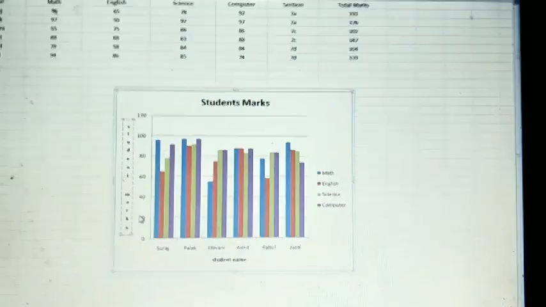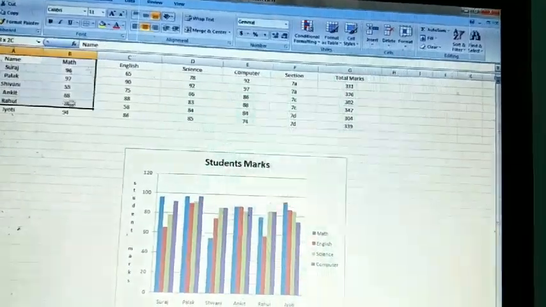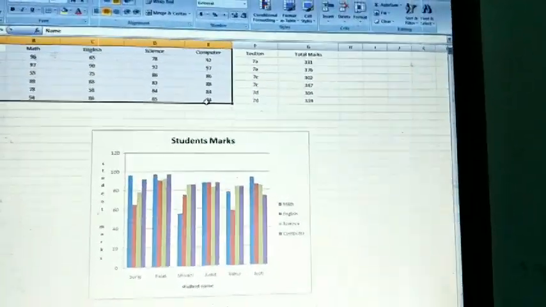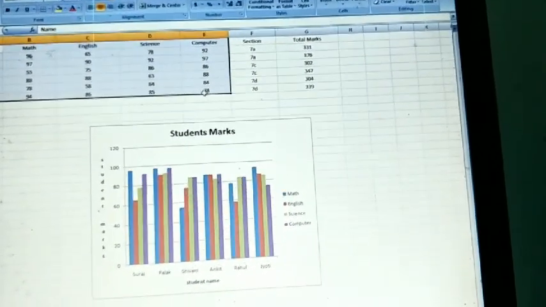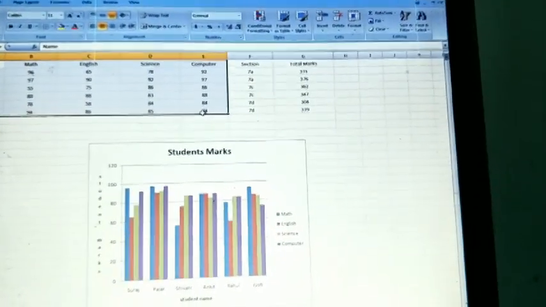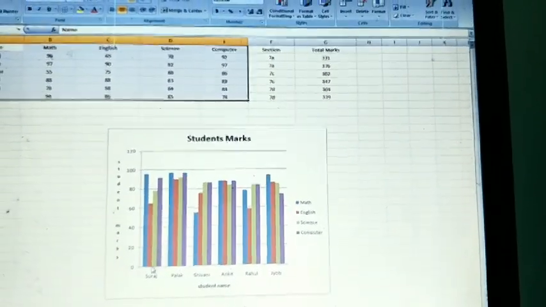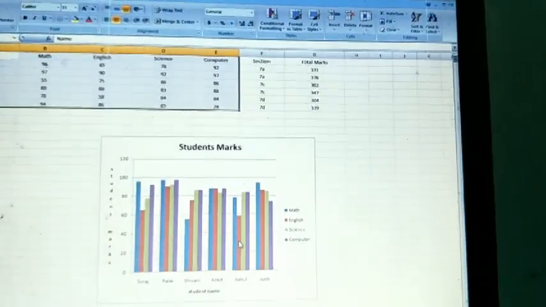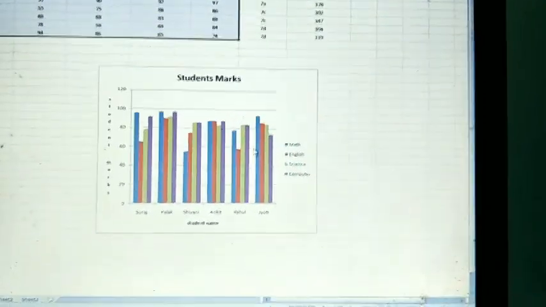Okay, now the next one is data series. This one is called data series. This whole data is called data series. The data series is a set of values on the worksheet that you want to plot in the form of a chart. Okay, each data series is given a unique color or pattern. You can see this one. Each data series has a unique color and unique pattern. Okay, that makes it easier to distinguish between them visually. So you can easily distinguish them.